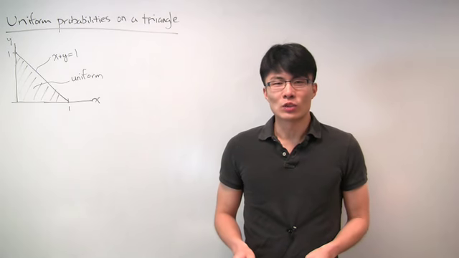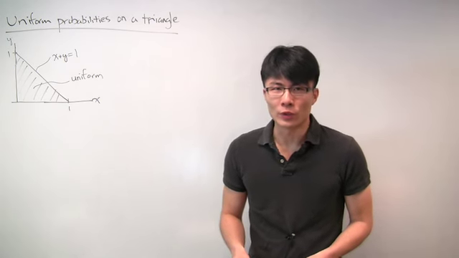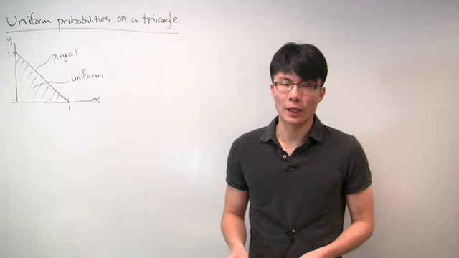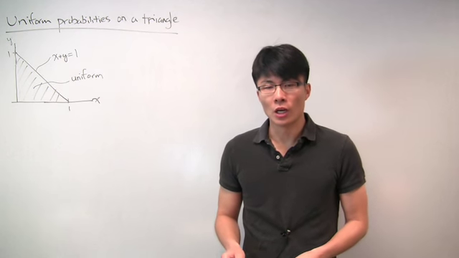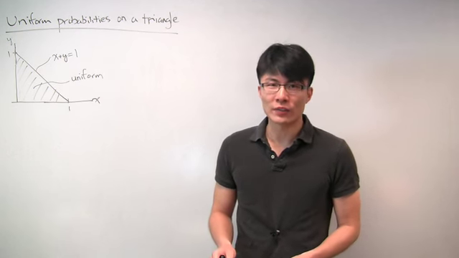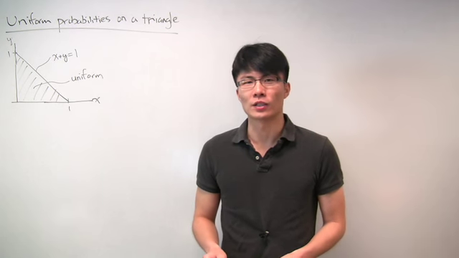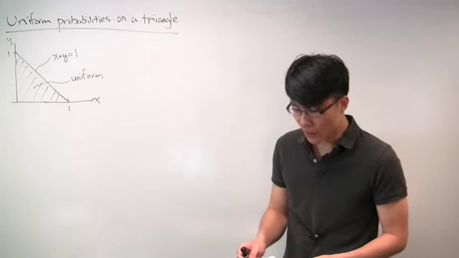Hi. In this problem, we're going to get a bunch of practice working with multiple random variables together. And so we'll look at joint PDFs, marginal PDFs, conditional PDFs, and also get some practice calculating expectations as well. All right, so the